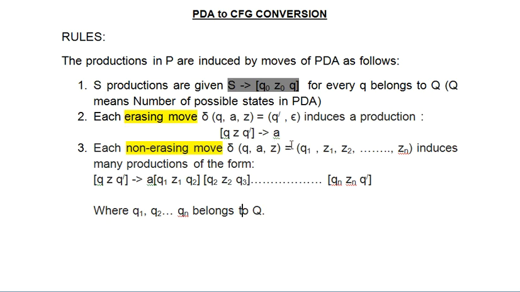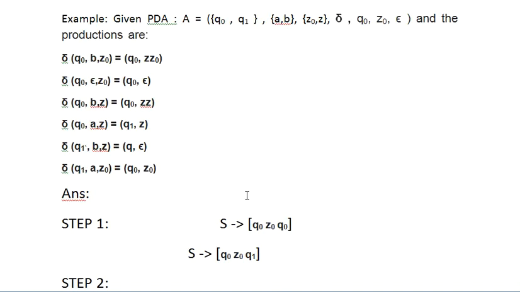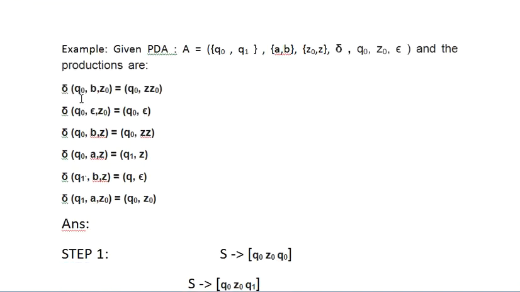I won't be explaining everything over here. I will take an example, then we will check it out, then it will be very clear to you. That time we will relate these rules. So let me bring you an example. The example consists of a PDA A having 7 tuples, where we have a finite number of states, a finite number of input alphabets, a finite number of stack alphabets, then the transition function, initial state, initial start symbol, and this is your epsilon. Clear?